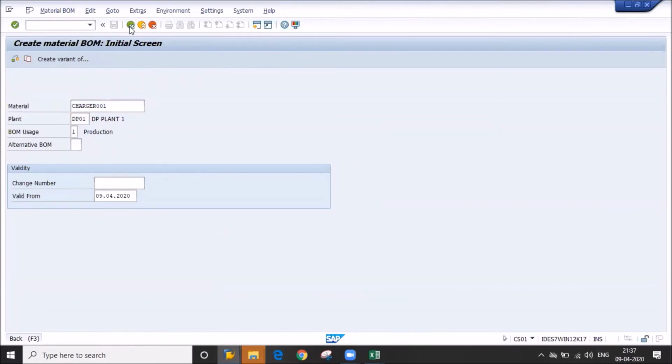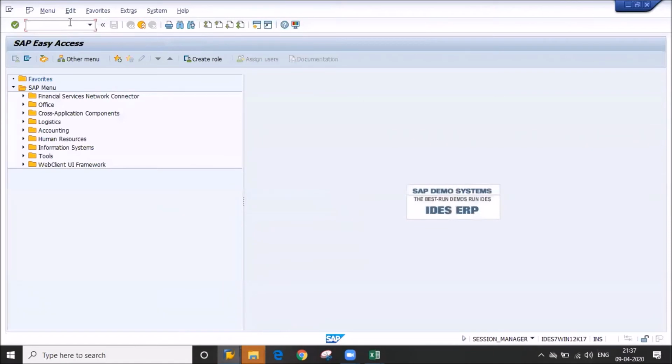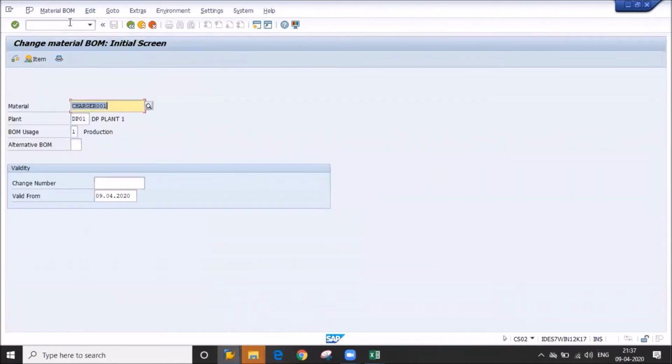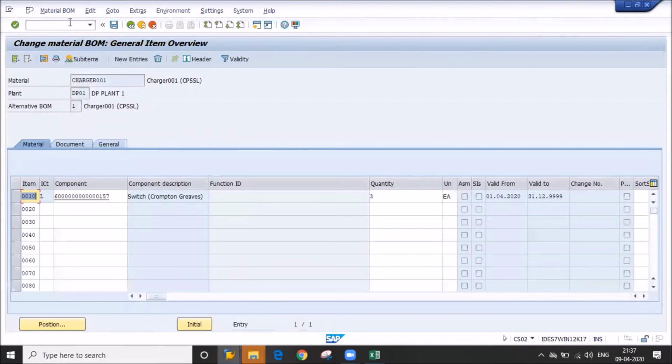Suppose I want to change it. What is the T code? CS02. Always remember the date from which you are changing, as it will take effect from that date. So I will give the same. If you want to change, you can change here.